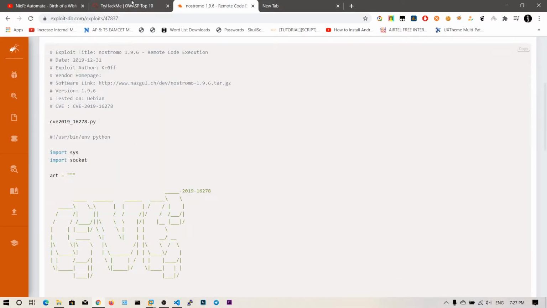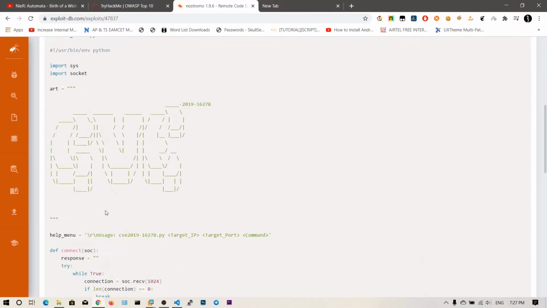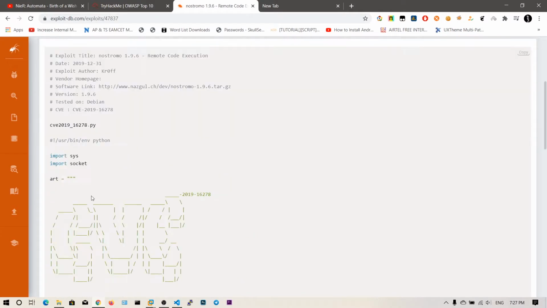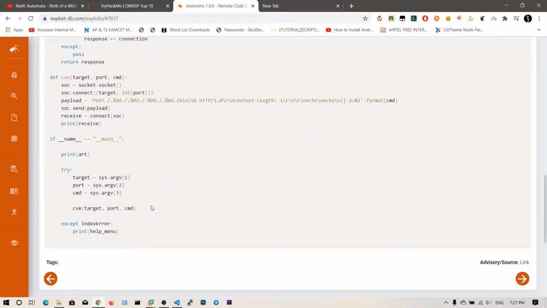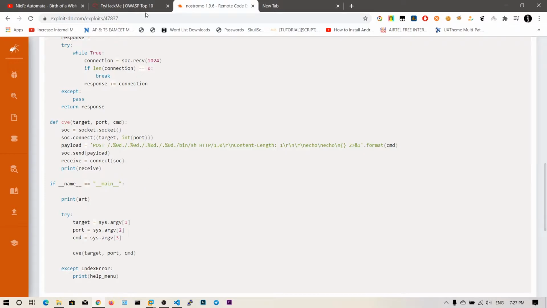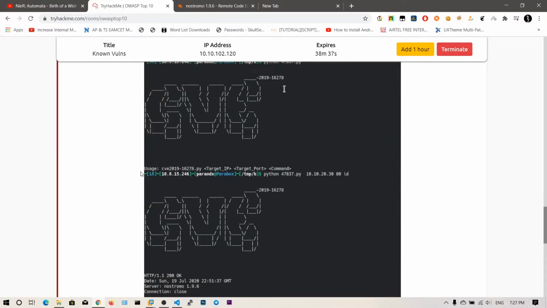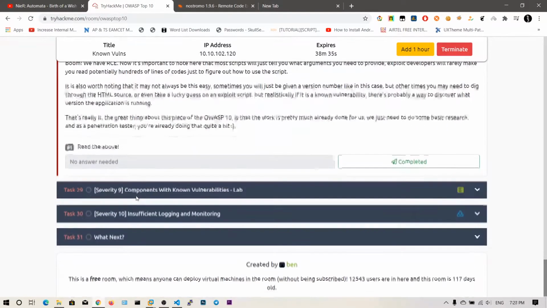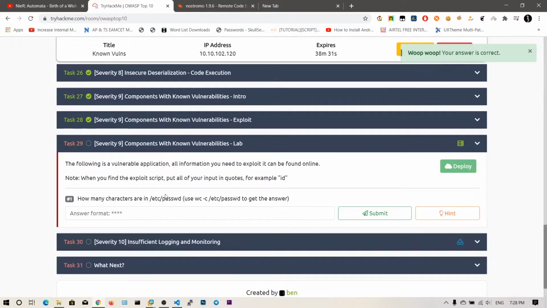I have actually done this one and it took me so much time to run this script because it failed and I used another script. This is just a comment here, and this is like a GET sending the web request. We are not actually getting any reverse shell. So you can give it a try. And what we are going to do is search for another way to exploit this one.